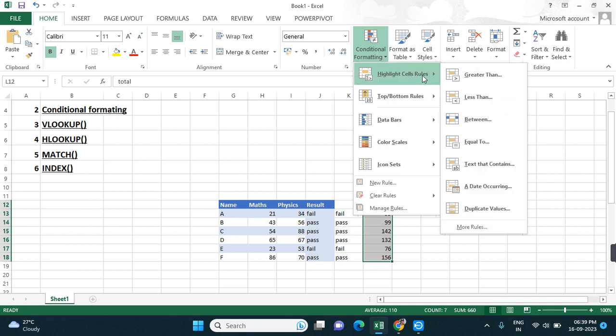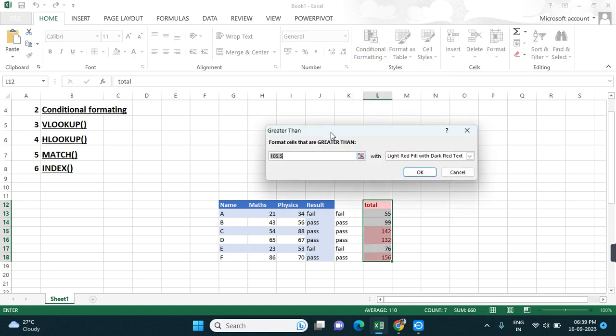I can give the condition based on many criteria like highlight cell or top to bottom. First I will explain this one, highlight cell rules, for example, greater than. Here are many options: greater than, lesser than, between. This is for numerical data. So if I use greater than, if my marks is greater than